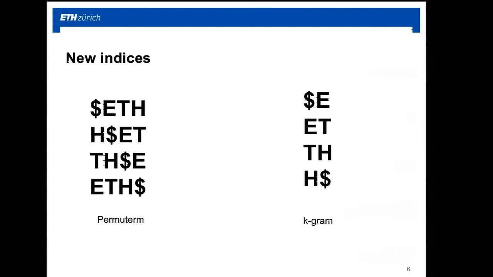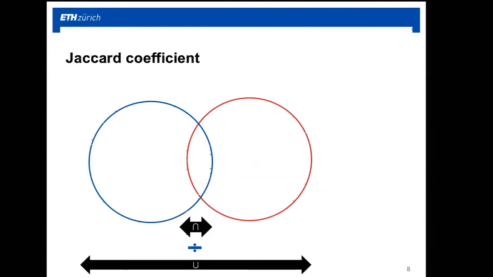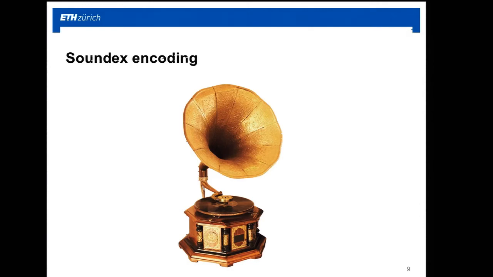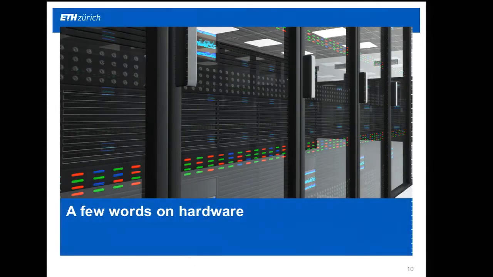In the bi-word and k-word indices, it's about tuples of words. It's the only difference. But mathematically, it's just a matter of changing the set that you are indexing between either letters, characters, or terms. We've seen the edit distance, the Jaccard coefficients, the Soundex encoding, and then we've been through